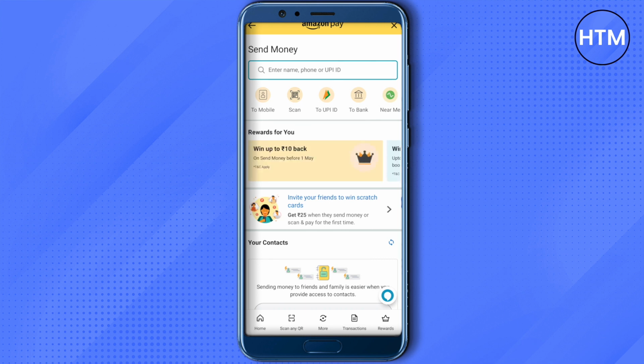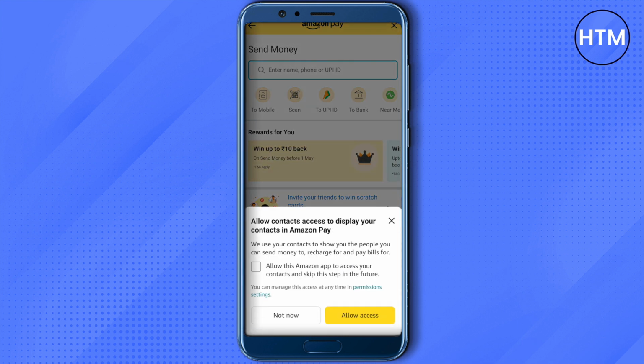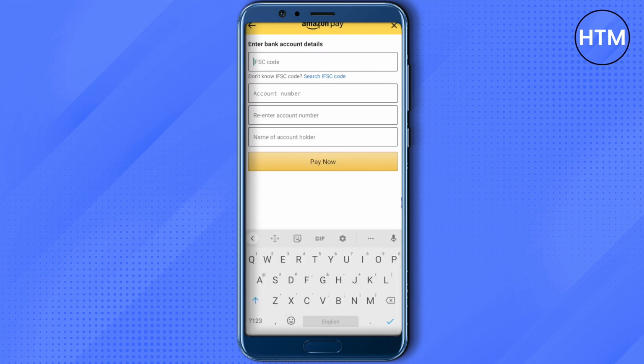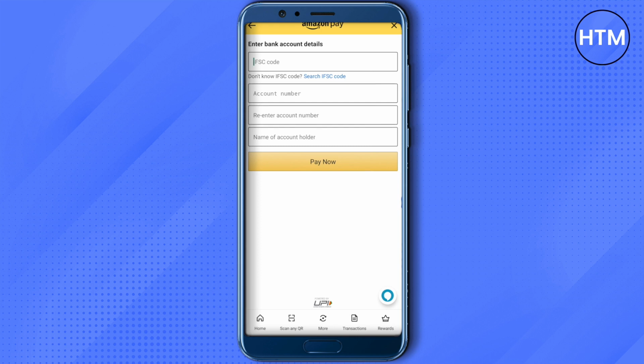Just select it. And now you will need to provide some information like IFSC code, account number, then you have to re-enter the account number and the name of account holder. After that you will be able to pay that money or send or withdraw that money from Amazon Pay to